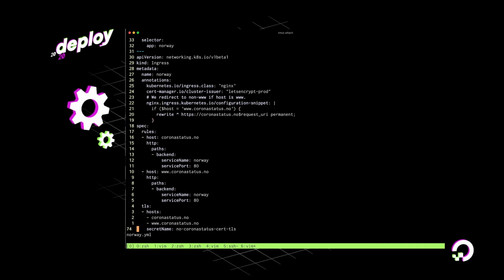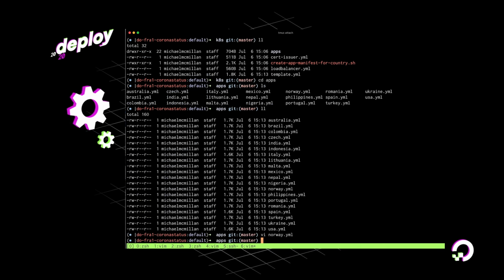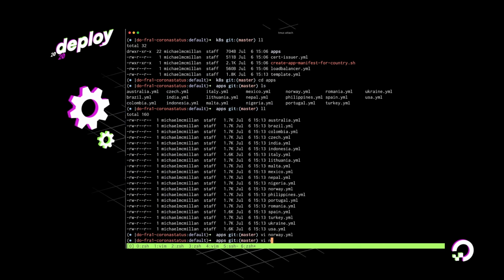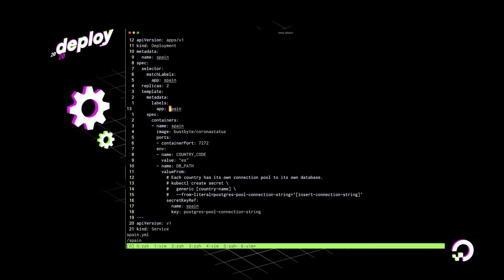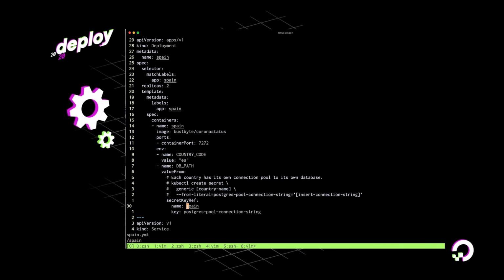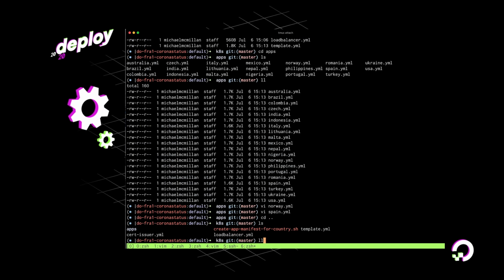So all of these apps are very similar because they're all running Corona Status. What's really nice about this is that if I go into, let's say, the Spanish site, you'll see that it's almost identical, except of course for the name, but everything else is totally the same.